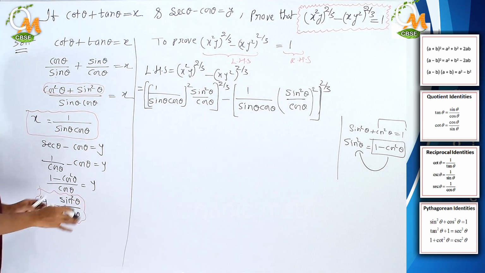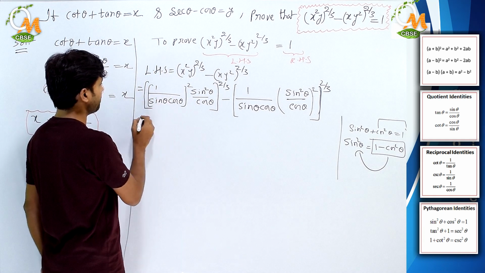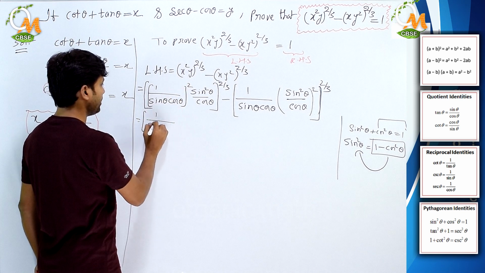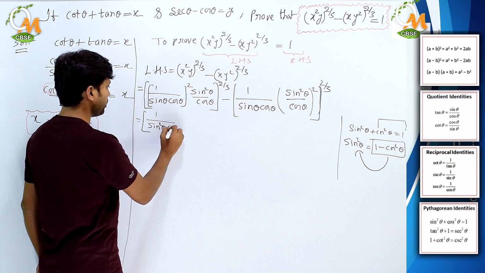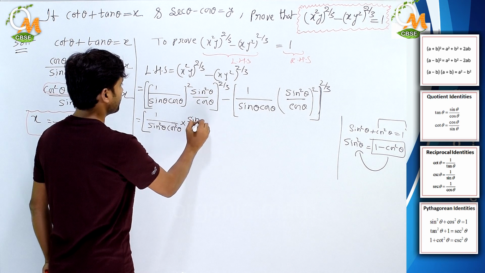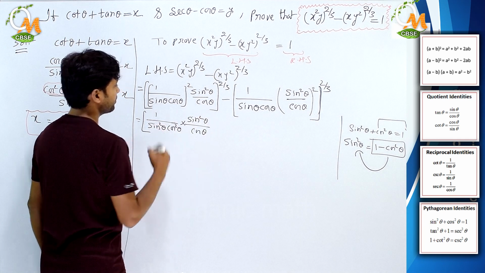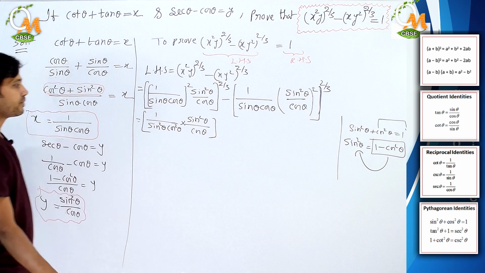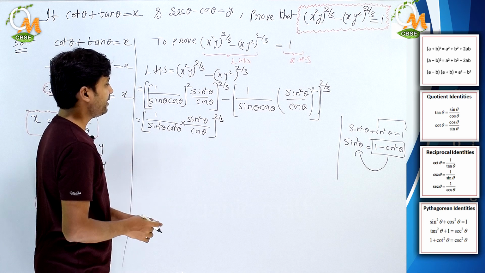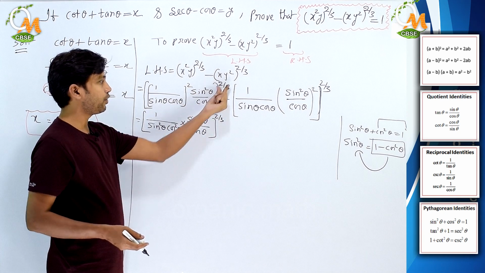Okay, now just see, we need to do further simplification. For that we need to apply the square to numerator and denominator. So here, 1 square is 1 itself, by sin theta square is sin square theta, and by cos square theta also, into, now just see, sin square theta by cos theta whole to the power of 2 by 3. What we did here, we just put this square to the numerator and denominator part. Remaining everything we wrote as it is.